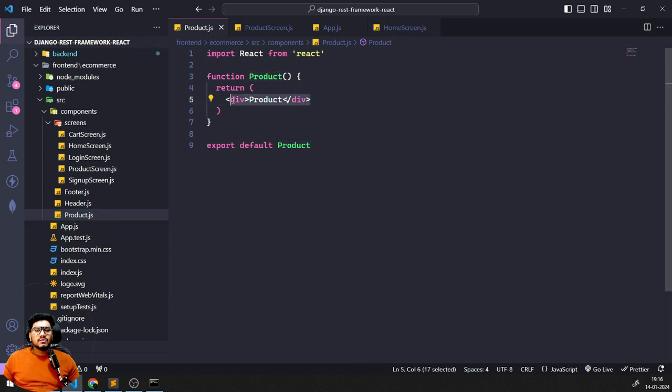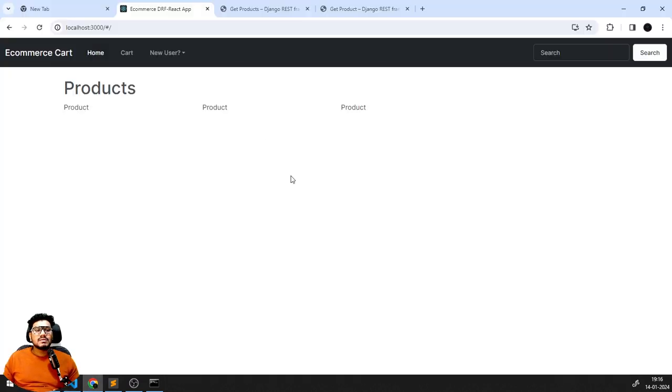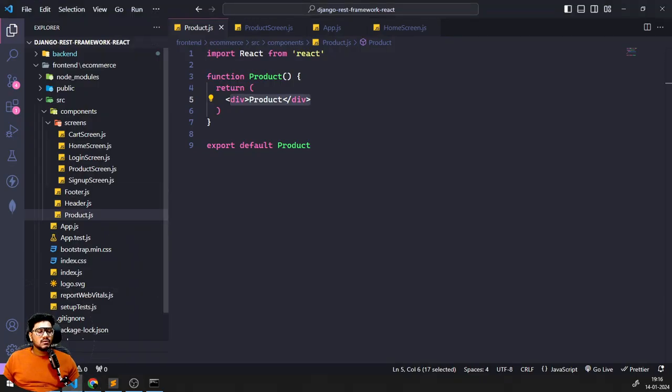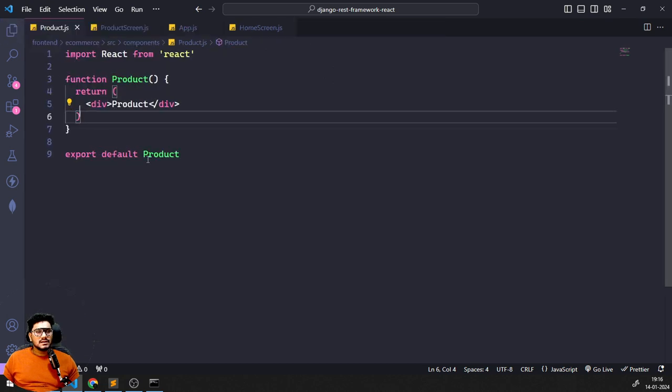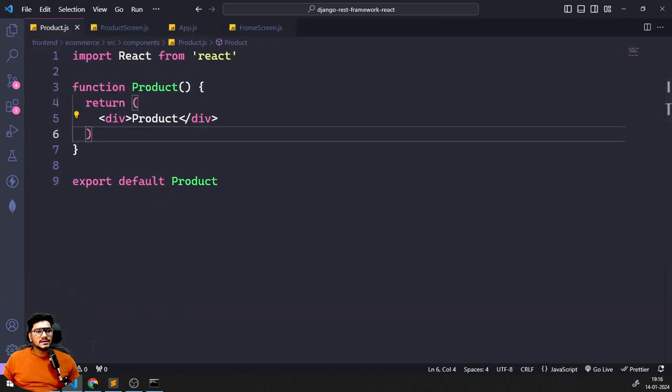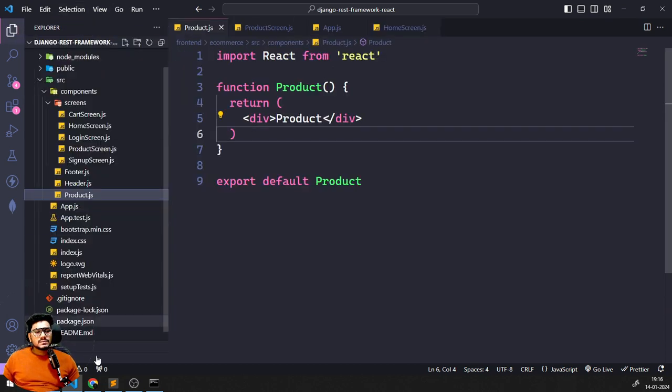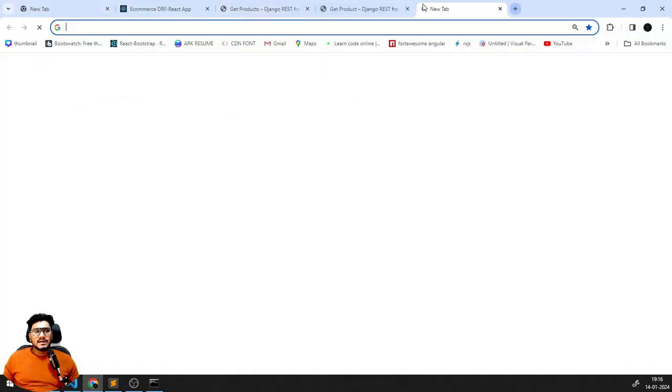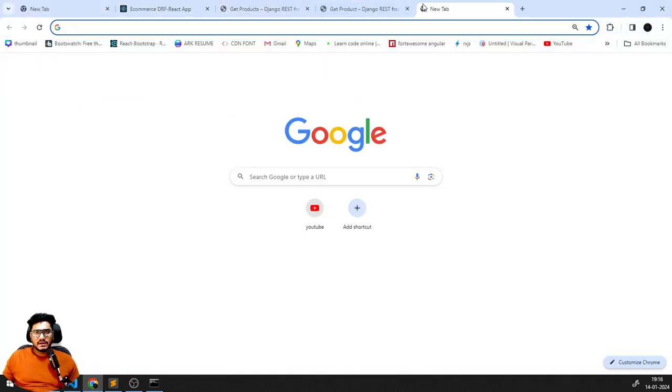But I don't want this data to be visible, right? I want some real-time data to be exported and passed over here. So that is the one thing I wanted to do. For that, I'll come back to this specific screen now. So let's do some configurations over here. I'm just going to implement one thing that is called Font Awesome. So I'll just go to one website, that is